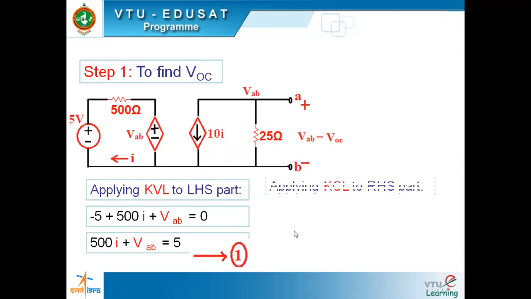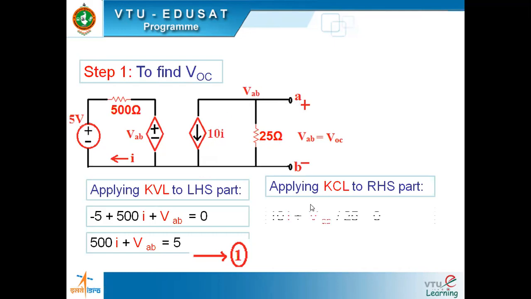So let's deal with the other part, applying KCL to the RHS now. We applied KVL to the left because that is a mesh. We can apply KCL here. How? There is one node. What is the KCL? How many branches are there? There are two branches, two currents. How many currents are leaving? How many are entering? This is a current leaving, anyway it is shown as leaving. If there are no currents shown entering, we consider those also as leaving. So there are two currents leaving node A.